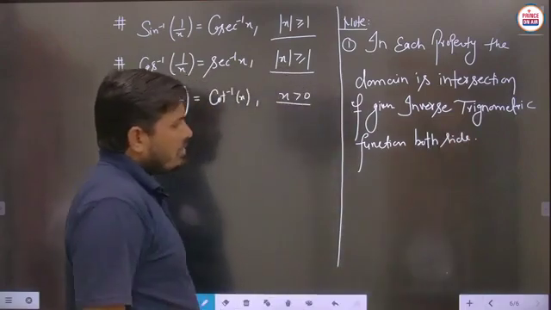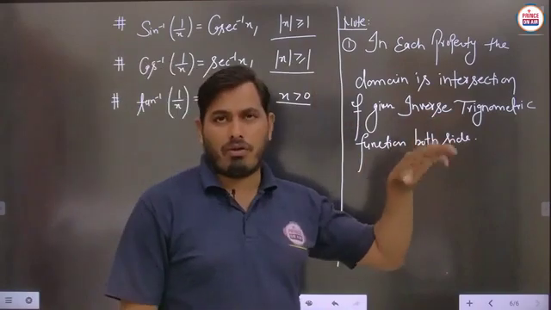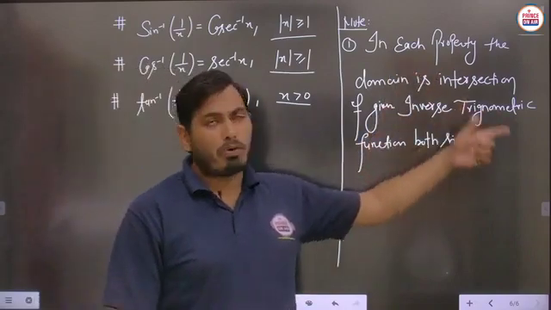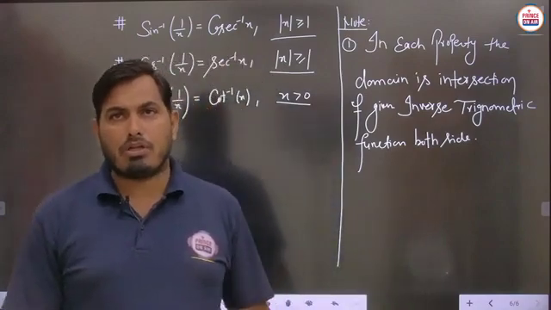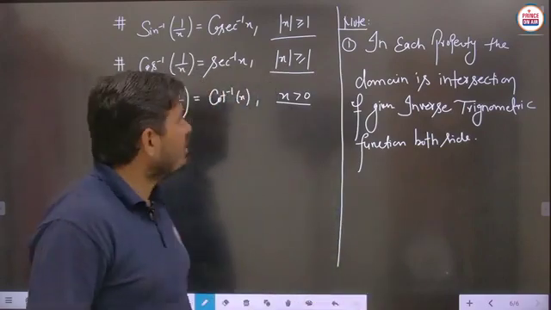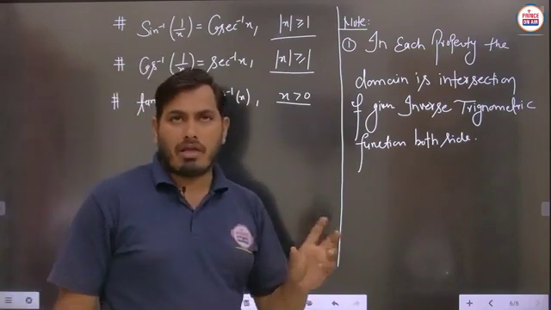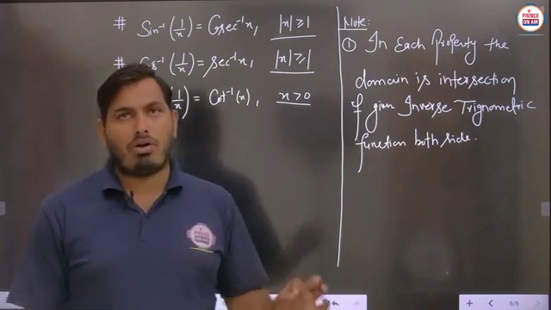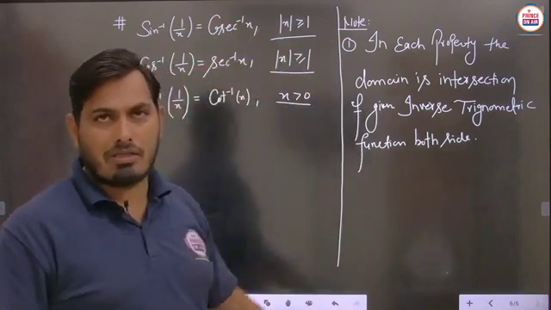Just we are writing a basic fact where we have to realize this thing. In each and every property, we will discuss many more properties besides these in the further lectures, but students, in each property what should be the condition on the domain? So basically we are saying that in each property the domain is, what is the domain? The intersection of the given inverse trigonometric functions on both sides, because here one side and the other side, left hand and right hand side, are both given as some inverse trigonometric functions. Then what should their domain be? So the domain will be the intersection of these inverse trigonometric functions. According to that we have to write the conditions. We will check the conditions. Is it clear?